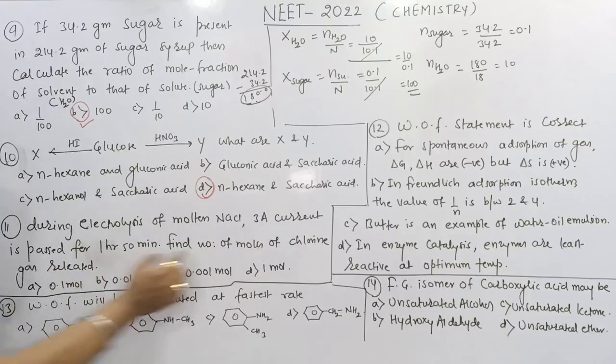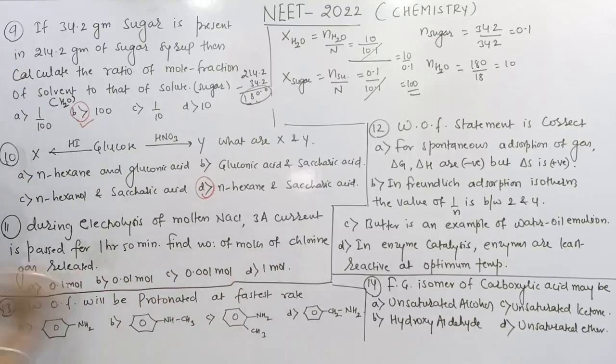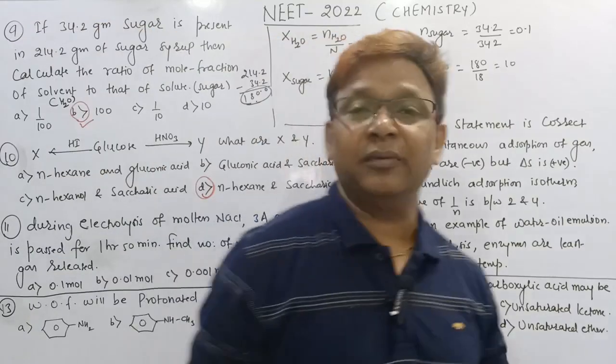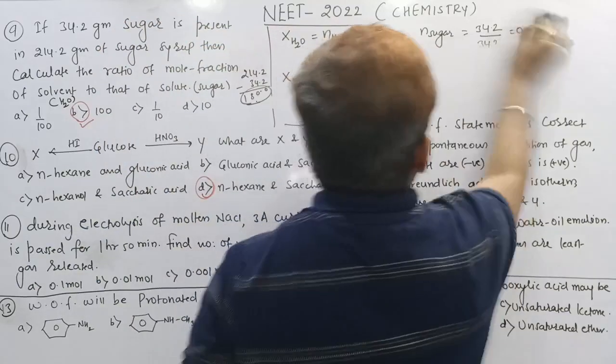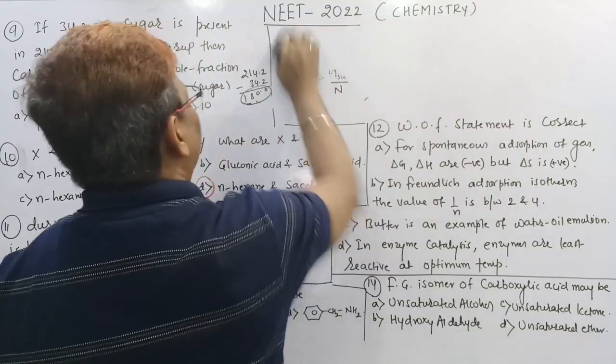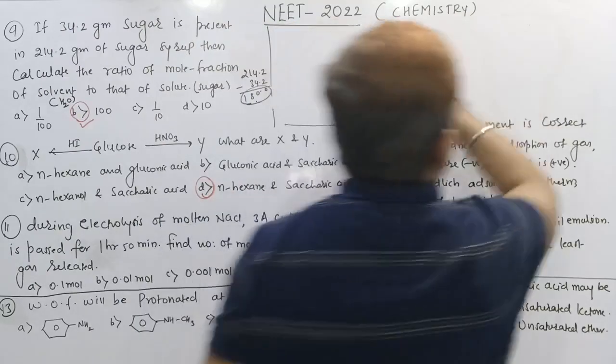Question number 11. It is a question coming from electrochemistry, Faraday's law of electrolysis. We can see here 3 ampere of current is passed for 1 hour 50 minutes. Find the number of moles of chlorine gas released. So as we know the Faraday first law,